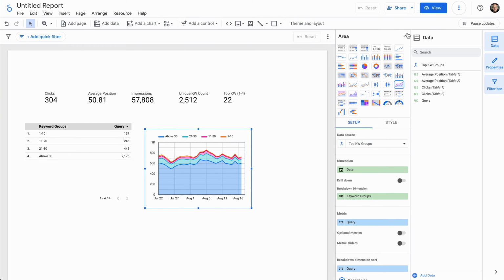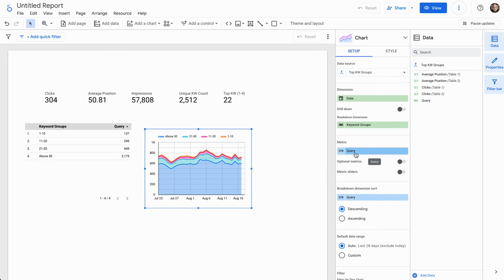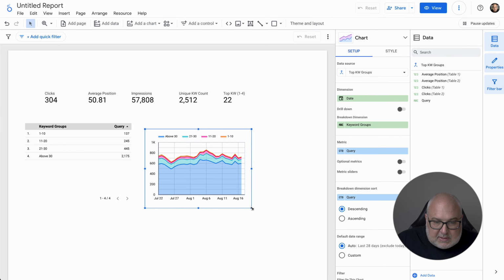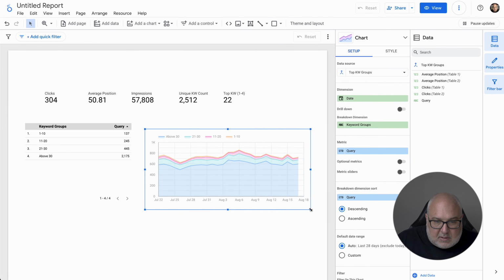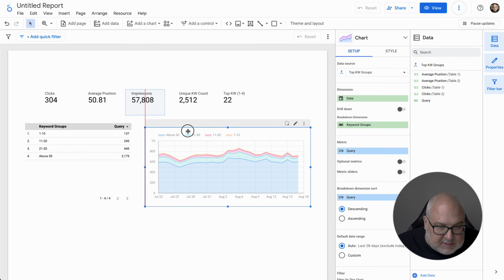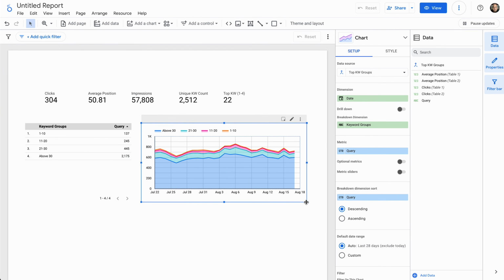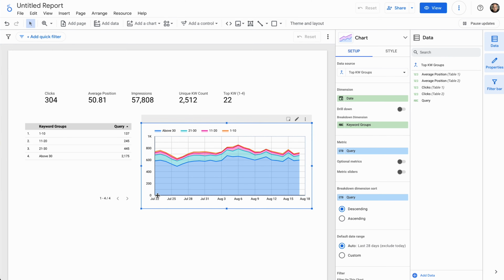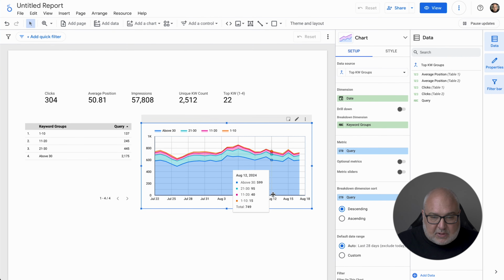So this is still using the top keyword groups and query, and now we've added the date. And so now we have a stacked chart that's going to show some of this information by day. And so you can tend to see how it's performed over time. And where this could help theoretically is that you can see a divergence in the keywords that you're not ranking in the top 10 and that kind of stuff. If you have fewer keywords over time ranking in the top 10, obviously you're going to want to do something about that. But this is a quick way to go in here and be able to look at that visually